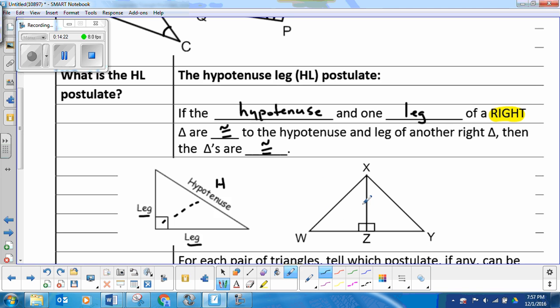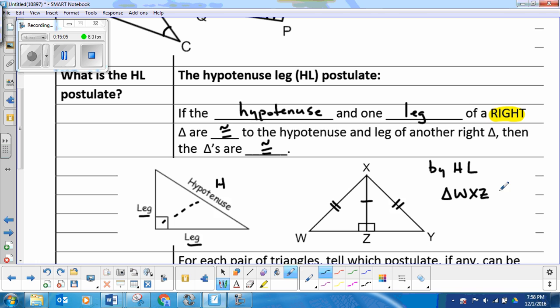So let's take a look at how that rolls here. We've got some conjoined triangles. They're conjoined with this side, and as I always like to do, let's make sure we mark our shared side. I'm going to put 1 mark there because there's no other markings on our sides. We've got right angles, okay, here and here in each of our triangles. And so now if we know that our hypotenuse, trying to figure out the plural for hypotenuse, are congruent, and the one leg is congruent, that is enough information for us to determine that by the HL postulate, we have triangle